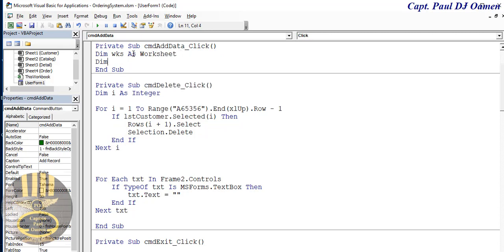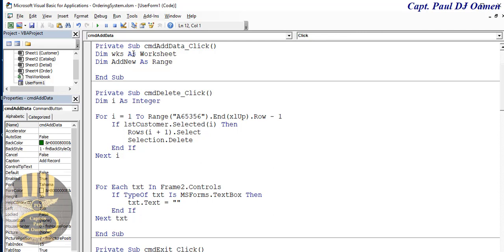Now I'm also going to declare another one. I'll call it dim add new as range. There. Now let's set work